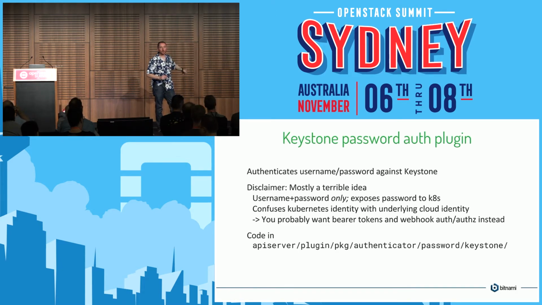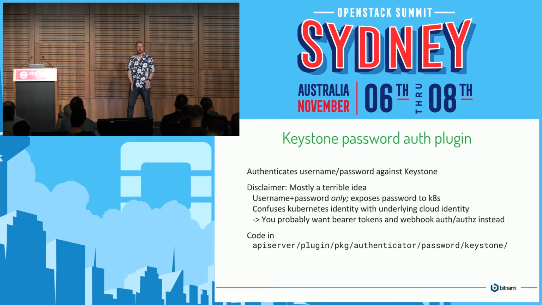All the code we've talked about on previous slides, when it talks to OpenStack, it talks as the user that is configured in cloud.conf. Okay? So if you create a load balancer, you're creating it as that user. You are not creating it as the user who sent the request to Kubernetes. Okay? So all the resources that are created and managed by Kubernetes are all owned by the same OpenStack user. So you don't magically get some sort of idea of multi-tenancy and of honoring the identity down the stack. You don't get that by using any of these features, I'm afraid. It'd be nice if you did, but you don't.